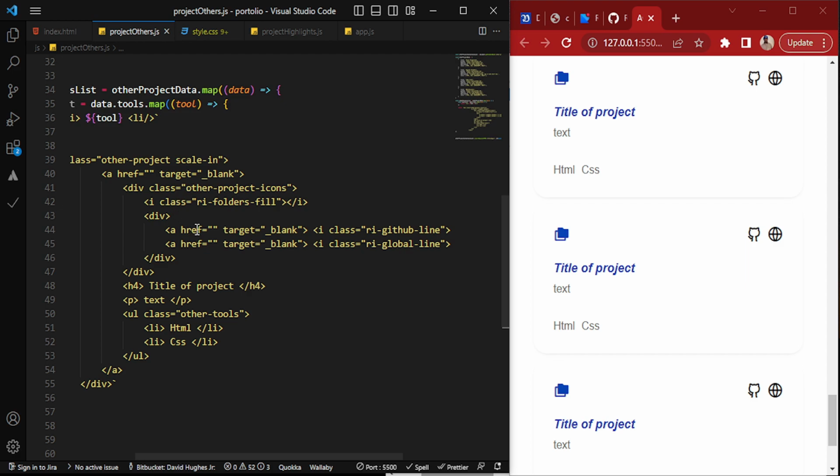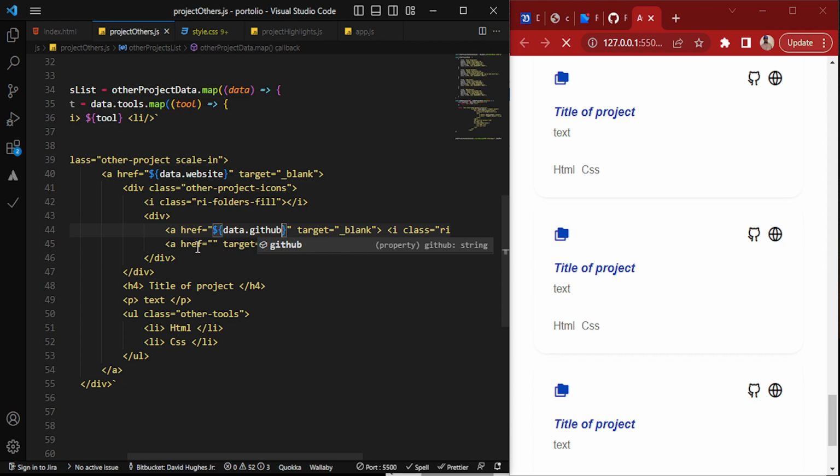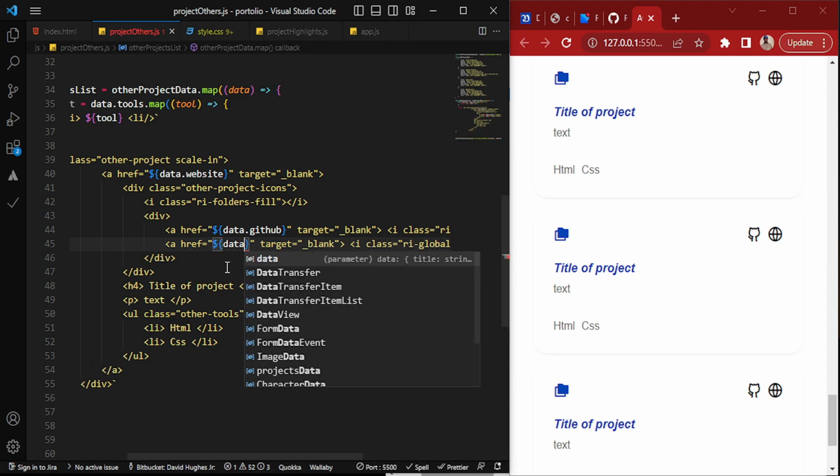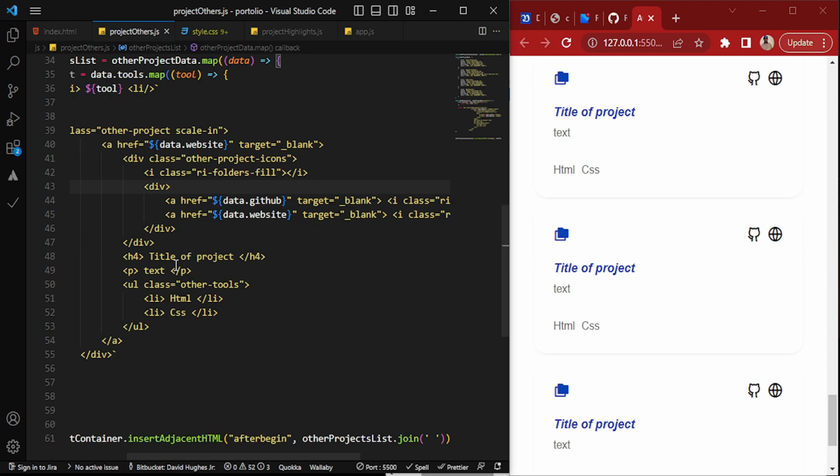So right here on the website, we're going to say this href right here. We're going to put a $, and we're going to say data.website. We'll scroll down a little bit more, and where you see the GitHub right here on this link, we're going to say data.github, and then we're going to add another one. So right here, and this will be just the website again. So we'll say data.website like this, and then we're going to go to the title. So right here, title of the project, take that, and then we're going to say data.title like this,